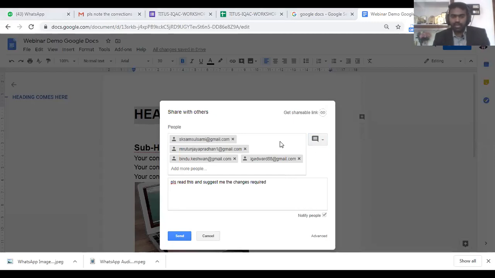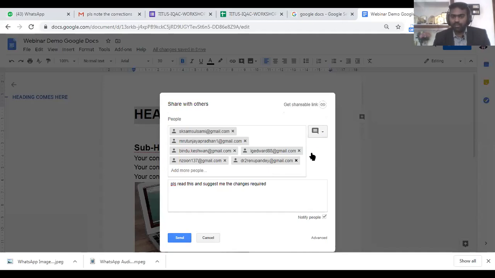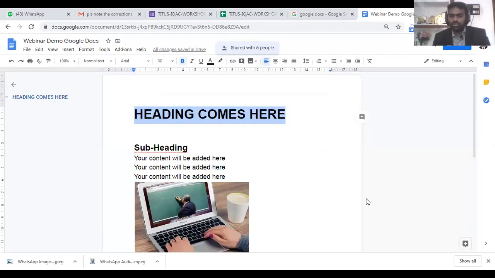Now many are asking me to send this, so it would be difficult for sending you all, but still I'm sending someone. Now what I'm granting is the permission to comment only. Now after that I'm clicking send. Okay, now it is sent. So those people who had sent me their email IDs, I have included a few email IDs from that. You please check your email, so you would be getting a message on your Gmail as a notification. So what you need to do is you just come there, click on that and open that, and you please have an option to comment.